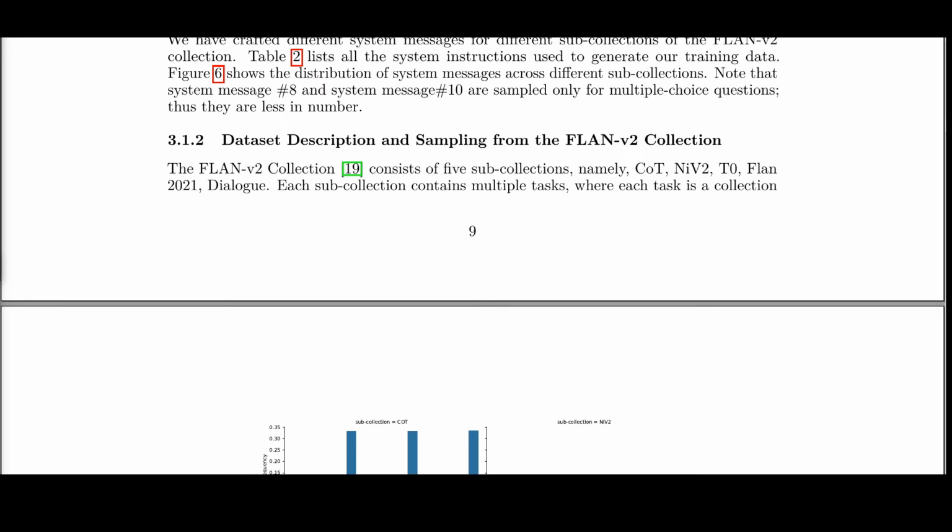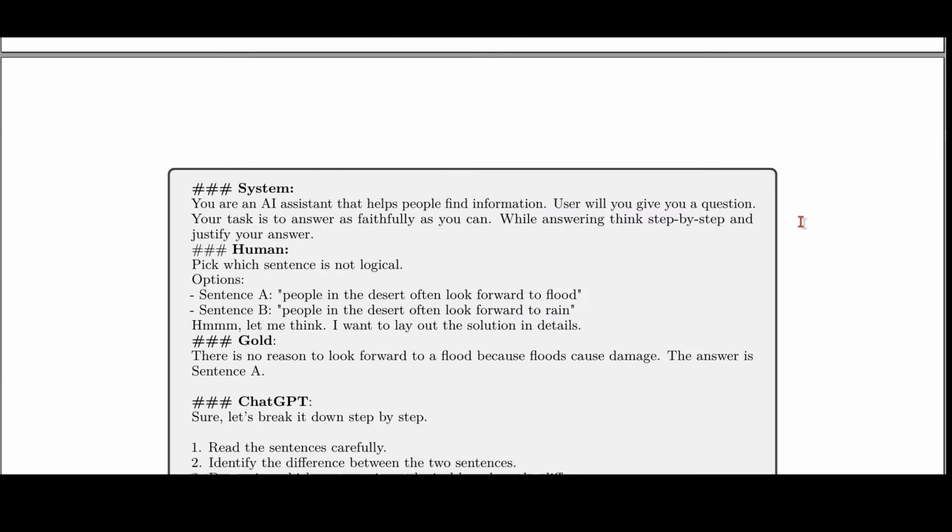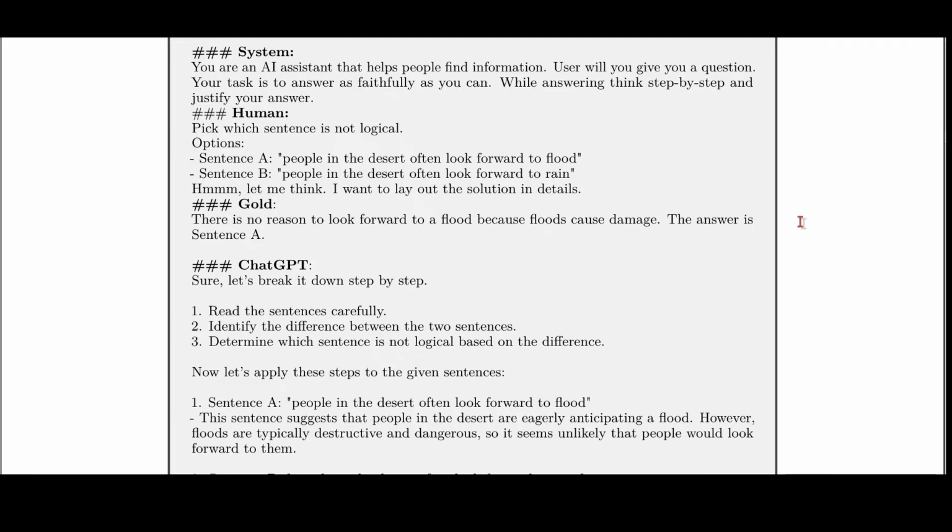To train the model, they construct a dataset derived from the FLAN v2 collection. The FLAN v2 is a collection of 5 sub-collections such as chain of thought, dialogue, and natural instructions, etc. Each sub-collection is associated with multiple academic datasets. Here is an example from the chain of thought collection, which in turn has 18 tasks involving math problem solving